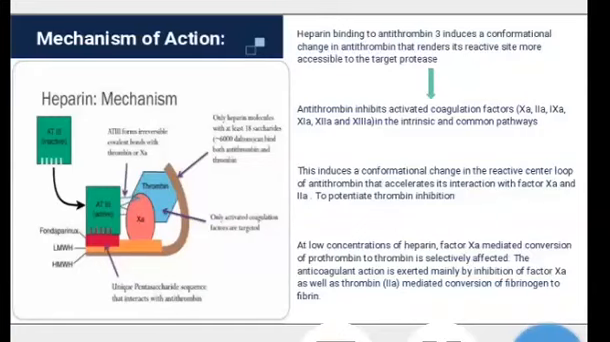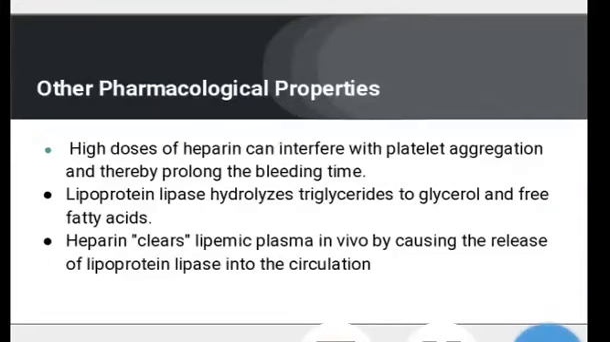This is the normal mechanism of heparin, how it acts on antithrombin III and how it decreases factor 10 activity. Then, other pharmacological properties of heparin: a high dose of heparin can interfere with the